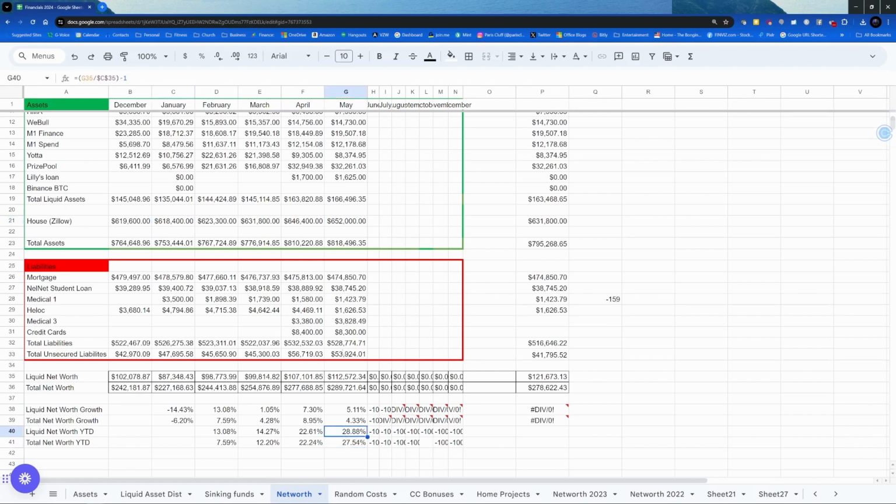So I want to keep track of the things that I can control, which is my liquid net worth, which is my investments, my savings, my paying down my debts. That's why I keep track of it separately, so that I can keep track of what I can control versus what I can't. So hopefully this video will help you understand how and why you should calculate your net worth on a regular basis.